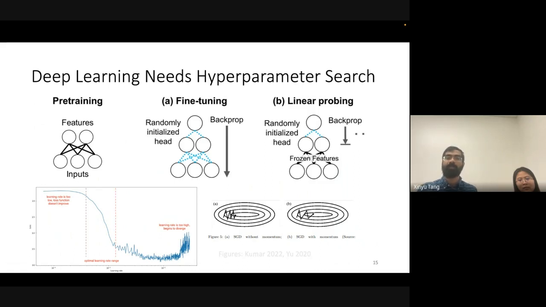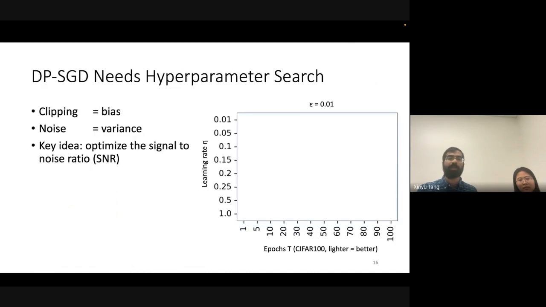As we all know, deep learning needs a lot of hyperparameter search. And DP-SGD also needs hyperparameter search. The clipping and noise that we introduce are going to shift the bias variance trade-off from non-private training. And we want to be able to optimize the signal-to-noise ratio, or SNR, of our gradient updates. In particular, we know that the noise will depend on two factors: the number of iterations, the number of epochs,